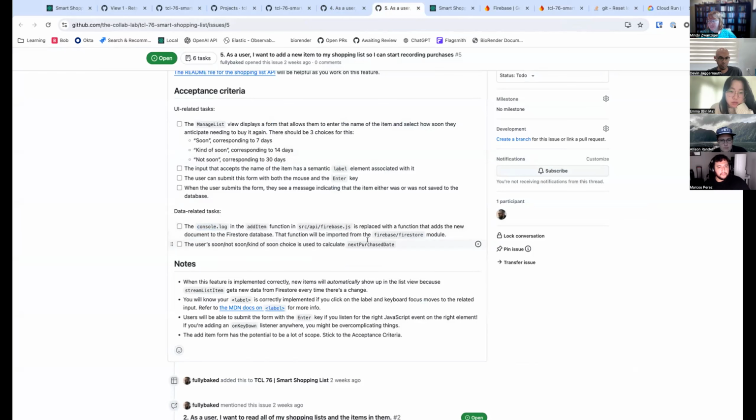And then there is a function called next purchased date. The idea with the smart shopping list is that it starts to learn how frequently you purchase something and then prompts you to purchase that thing again at the right time. So it primes the system for understanding how frequently you buy something. And then this next purchased date calculation